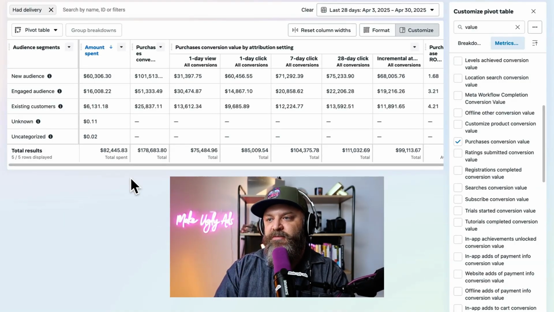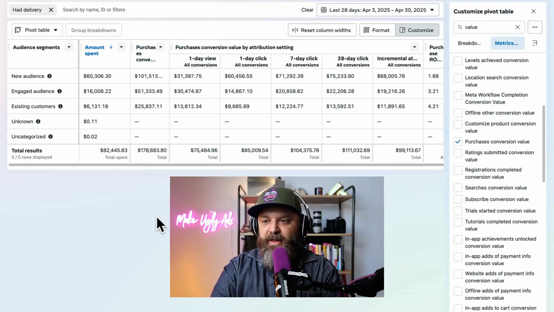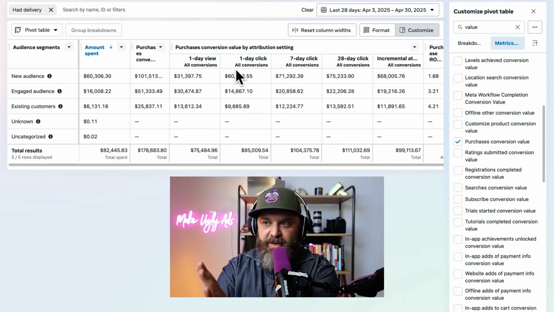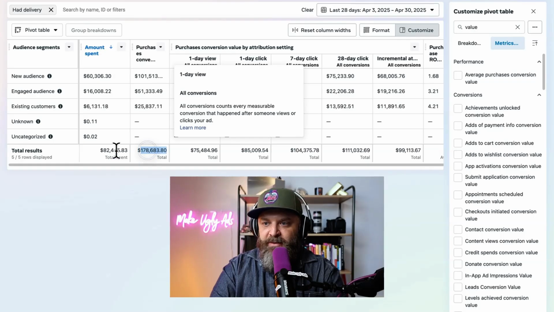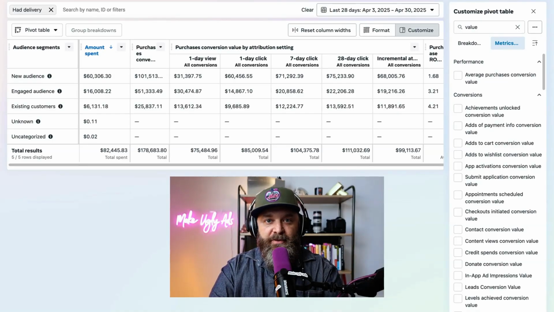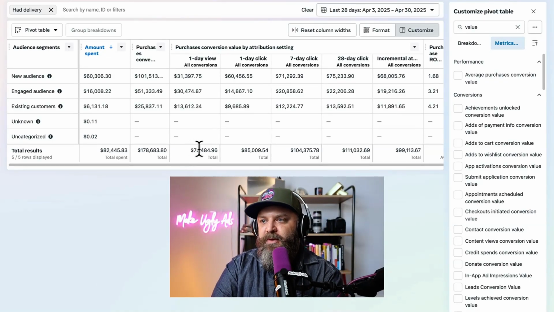So when they view the overall columns here, let's say we're just looking at purchase conversion value, and we're not looking at these breakdowns. Let's forget about them for a second. Let's forget about these attribution settings. It looks like they spent $82,000 and they drove $178,000. That would be great for this business. They would be thrilled. But when we look a little bit closer, what we actually see is that